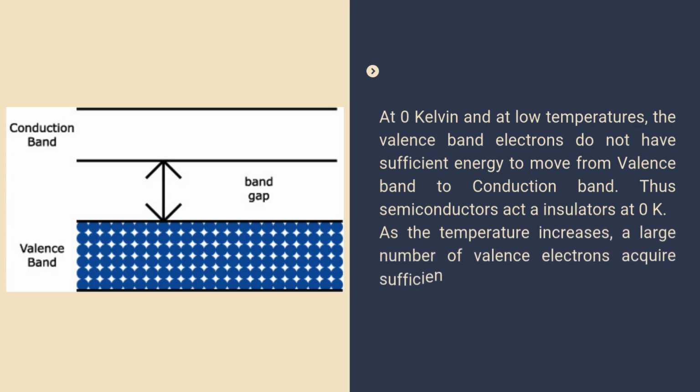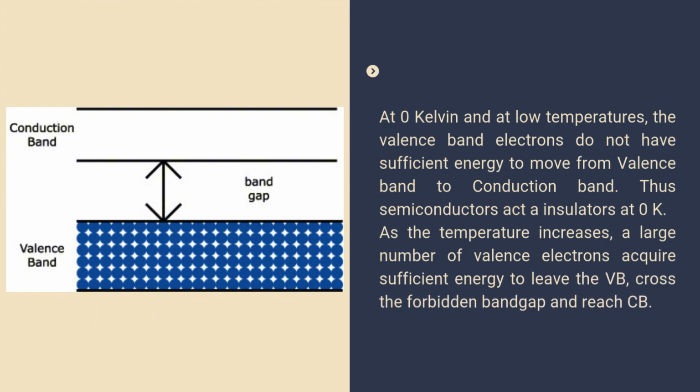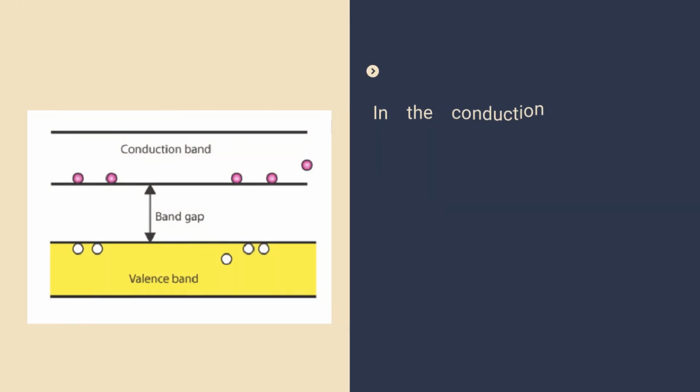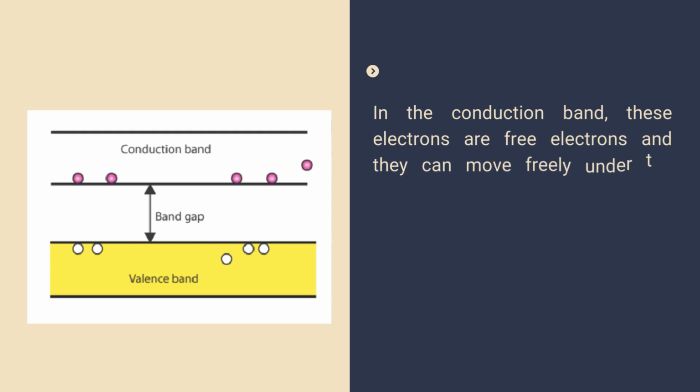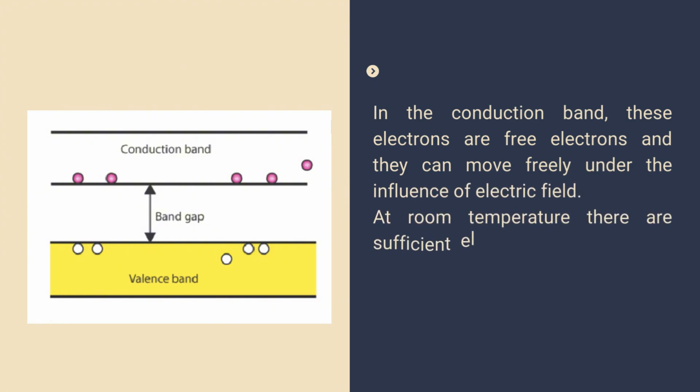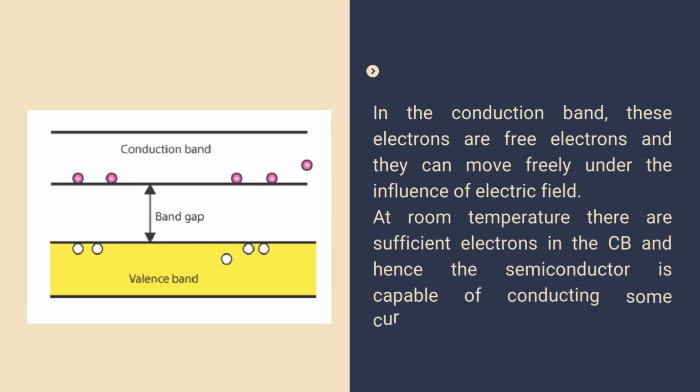As the temperature increases, a large number of valence electrons acquire sufficient energy to leave the valence band and cross the forbidden band gap and reach the conduction band. In the conduction band, these electrons are free electrons and they can move freely under the influence of an electric field. At room temperature, there are sufficient electrons in the conduction band, and hence the semiconductor is capable of conducting some